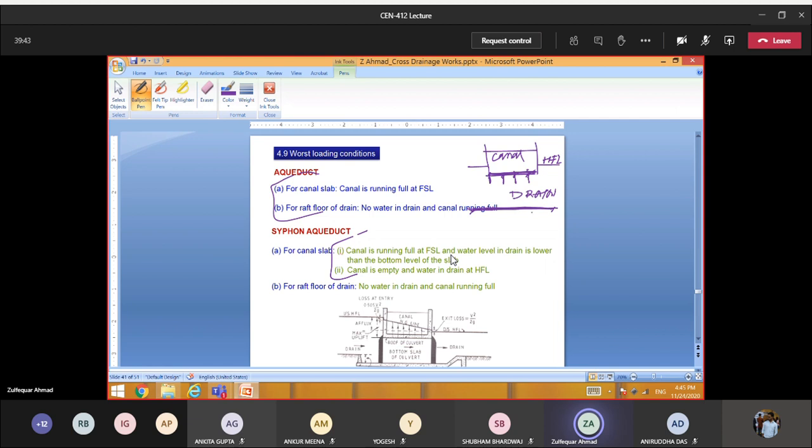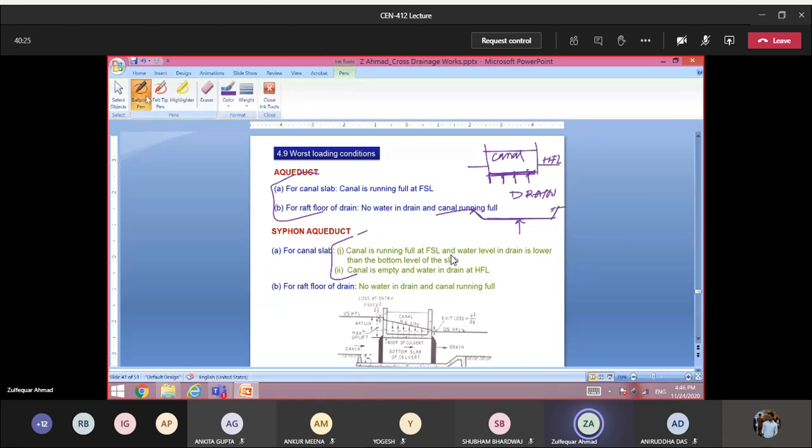What is the groundwater table? Because what is being done is, listen carefully, in the case of the siphon or in the case of the siphon aqueduct, this bed is depressed so that more passage will be provided. So once that is depressed, due to the groundwater table, the uplift force will act. So of course, this floor is to be checked under that condition. I hope you might have understood.